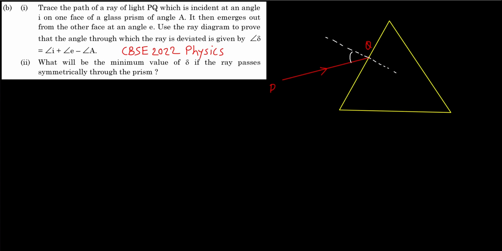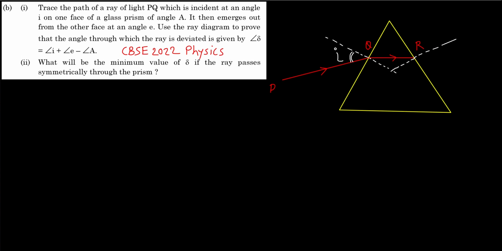So suppose as given in the question, this angle is incidence angle I, and after refraction at this point the ray will go like this, and this is QR, the refracted ray, and again at this point we will draw the normal,